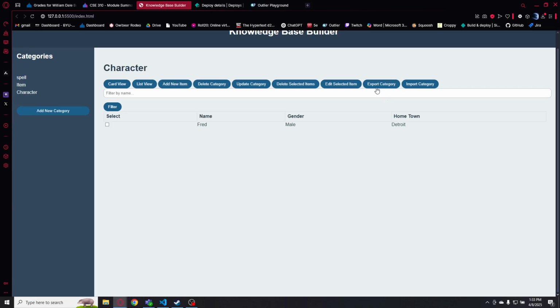I also had the option to export the category. It will export it as a JSON file, and then you can import it to add that category in. So right now it works with local storage with all the information, but if you want to be able to pass that information over to another computer, for now you can use this import export function to do that. So yeah,